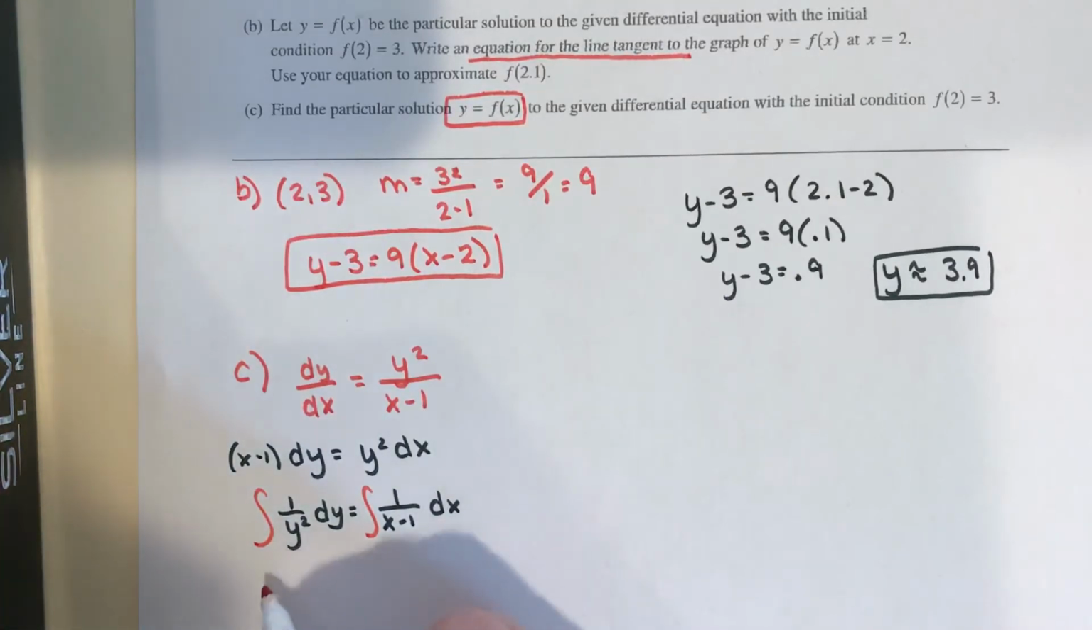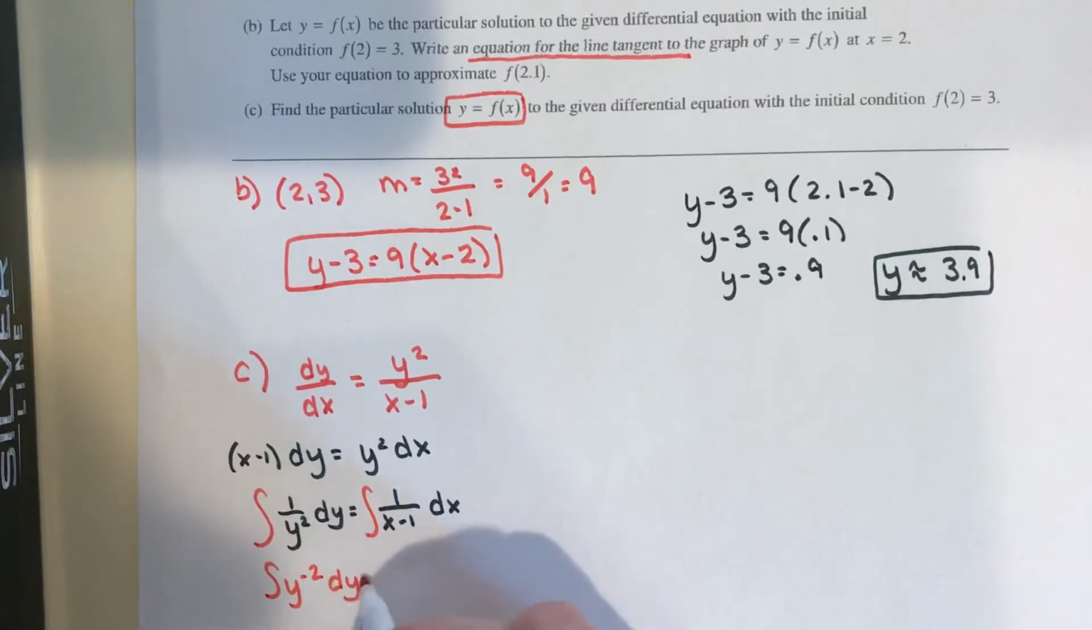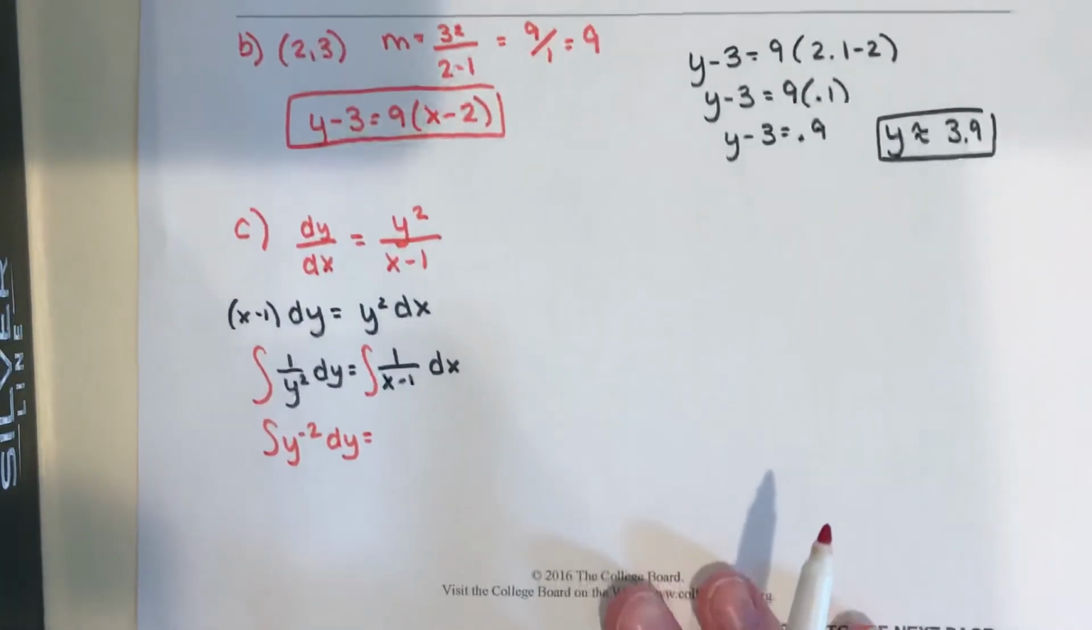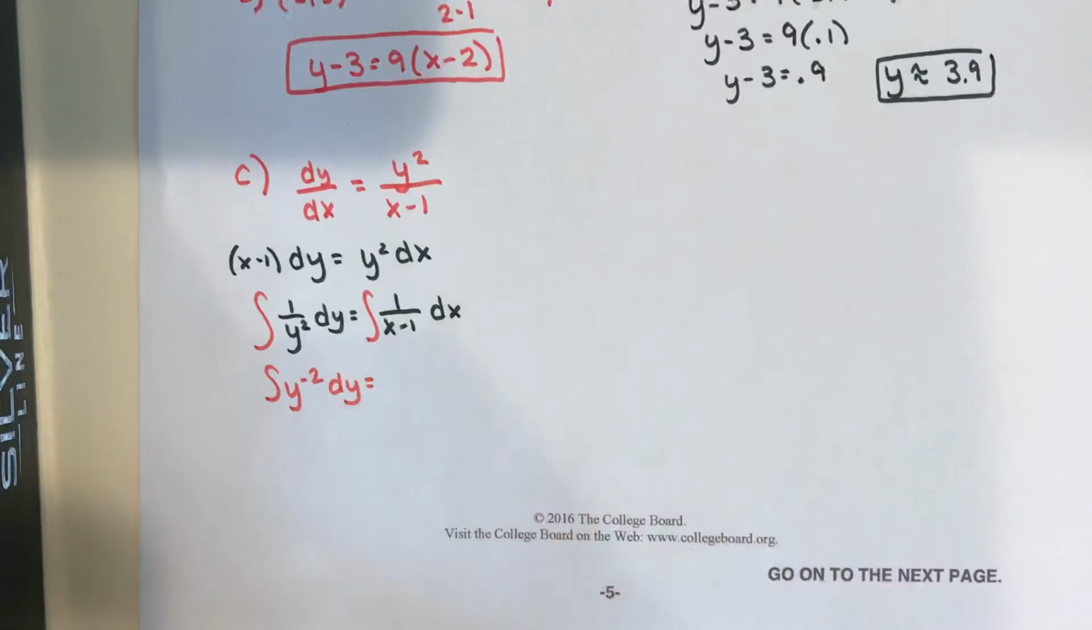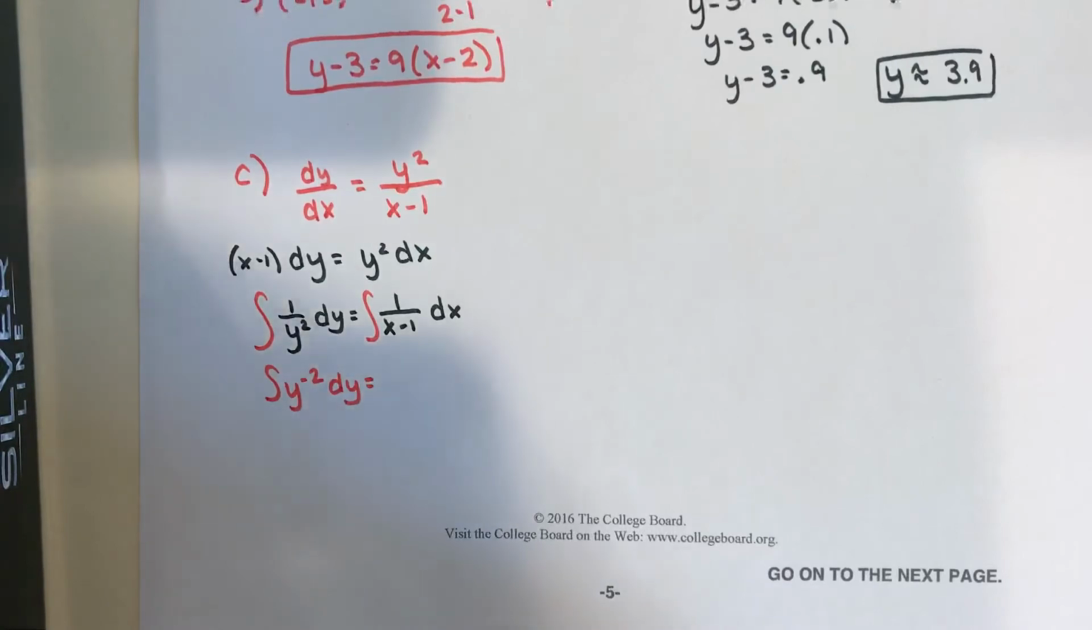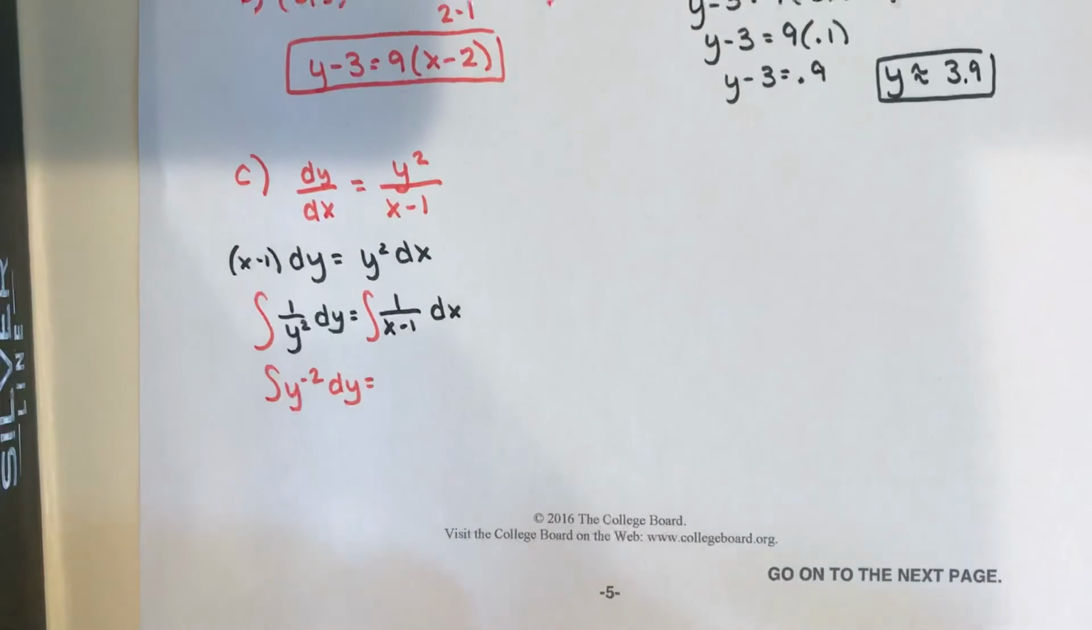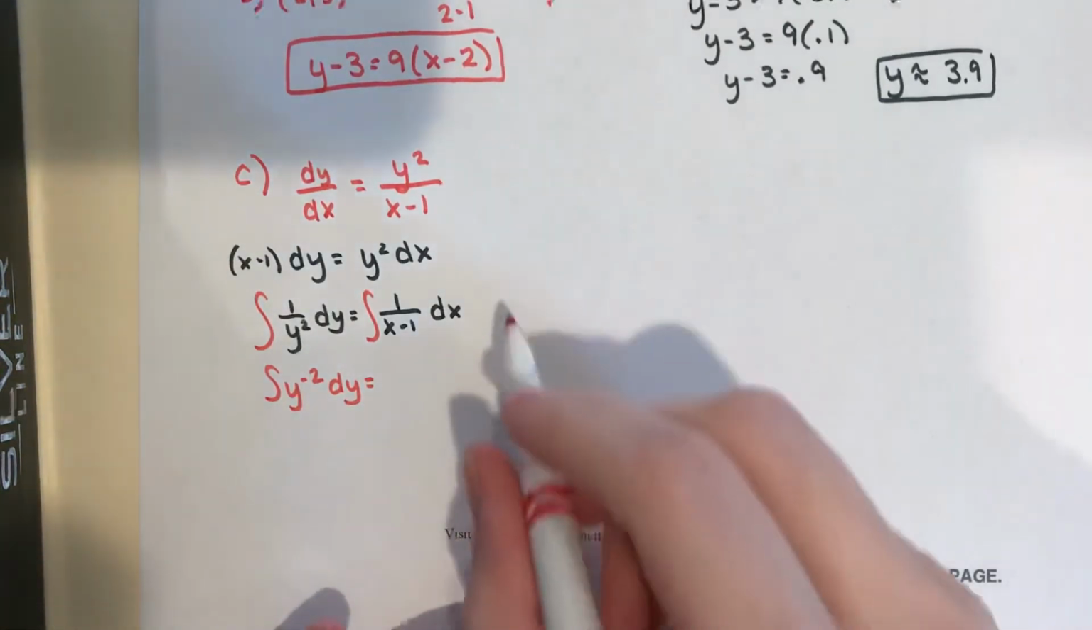And on the left side, I'm actually going to rewrite this, y to the negative second dy. The right side here, I have an integral of 1 over x minus 1. The problem with this is that I can't just rewrite it because it has an inside part to it when I rewrite it. If I tried to do x minus 1 to the negative first, I would still have an inside part. So what I'm going to do is leave it like this, but I'm going to do a u